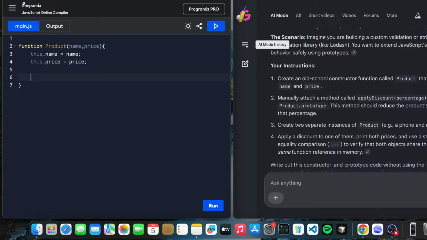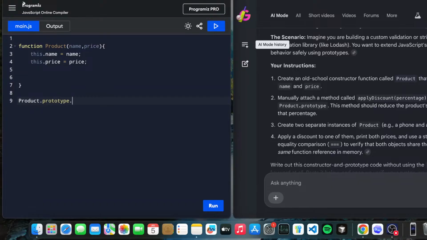We are working with constructor functions, which is a bit different because it's from the older ES5 style. We created this.name and this.price, and we attach a method to the Product prototype. Let's create Product.prototype.